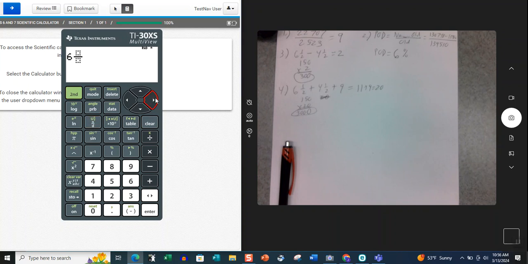So we add 6, right arrow, 1, the down arrow, 2, right arrow, plus second, N over D, and then we will have 4, right arrow, 1, down arrow, 2, then the right arrow, and then plus